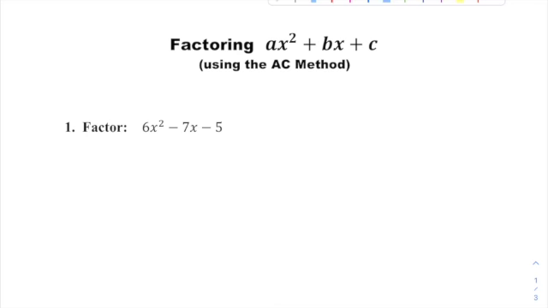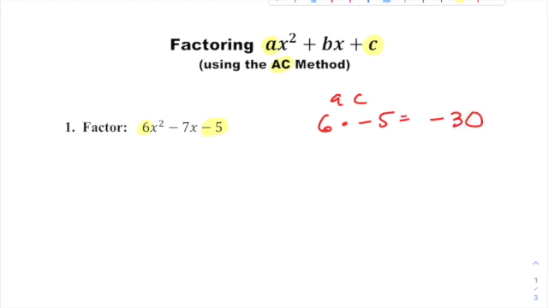But I'm going to show you what's called the AC method, which takes some of that guesswork out of it for you. I found a lot of students actually prefer this method, even though this isn't the method I learned when I was in school. It's pretty good. It's called the AC method because the very first step is you're going to multiply A times C, right? That's what AC means. So in this problem, you're going to start by doing 6 times -5. Okay, so 6 times -5, that's AC here, and we get